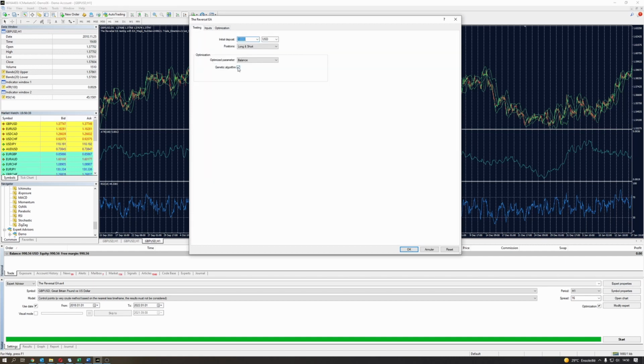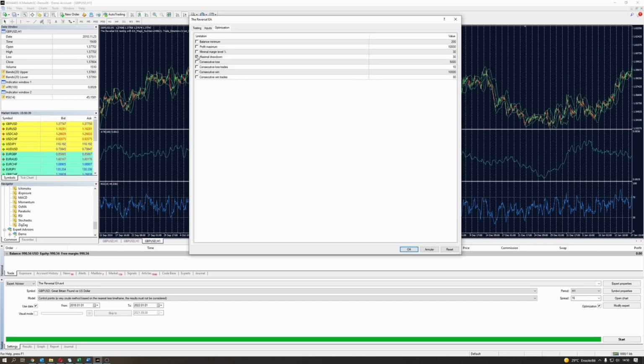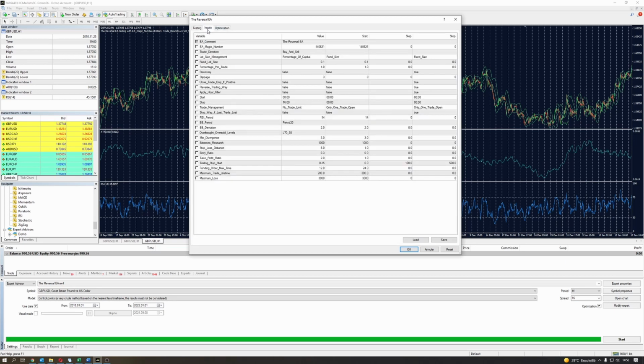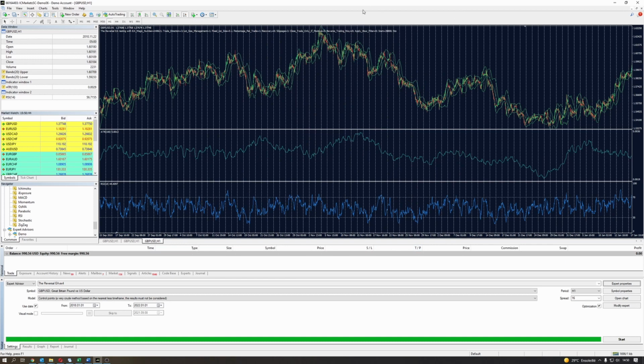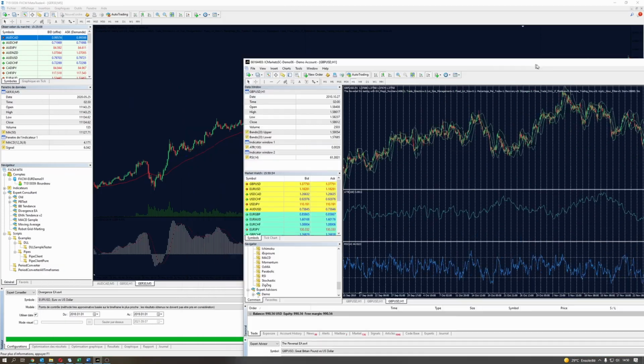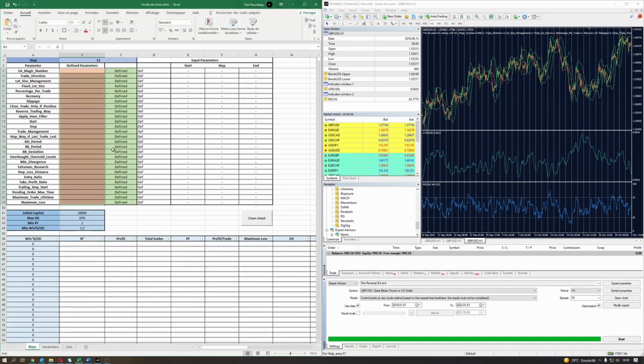Here we don't use generic algorithm, and we don't use the maximal drawdown. We'll use it all. Then I created an Excel file that will help you during the process of optimization. I use it constantly to do it for me, and I think it's a useful tool. So then you come here and here,